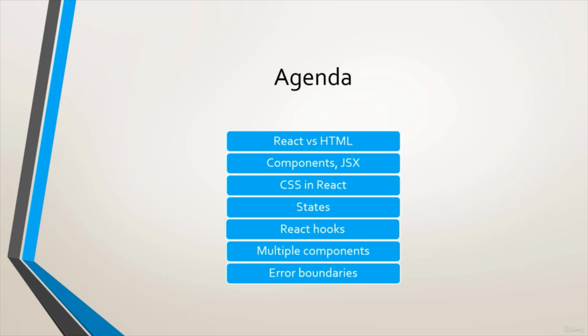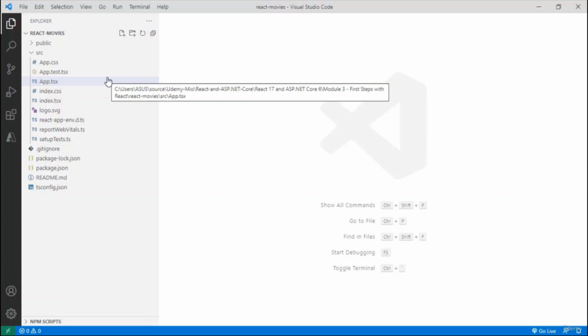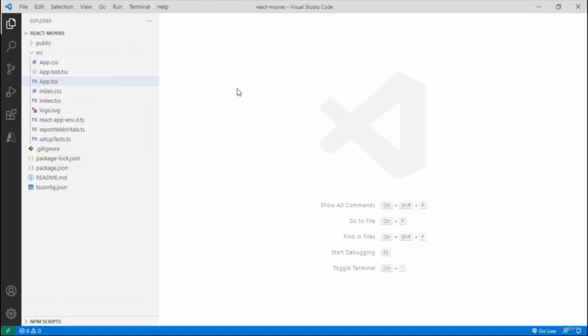Let's start this module by looking at an example of the difference between HTML and React. Here we are in Visual Studio Code. We are in our React application, which we created in the first module of this course. What I want to do in this video is to show you the difference between using simple HTML and using React. For that, we are going to make an example of a simple watch that will be updated once every